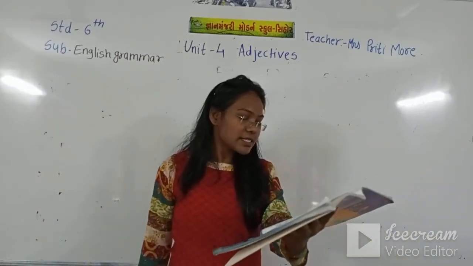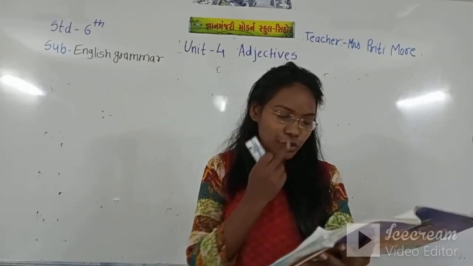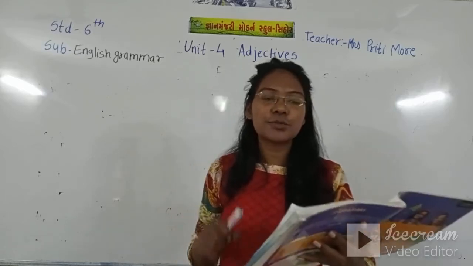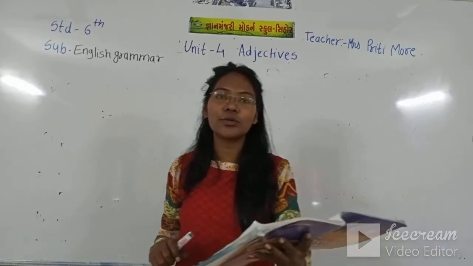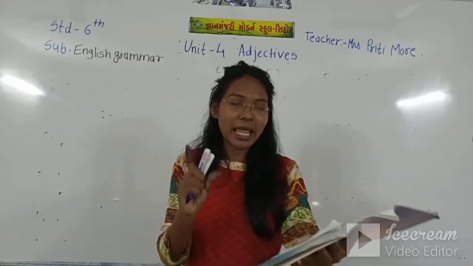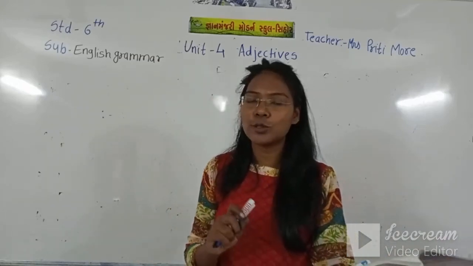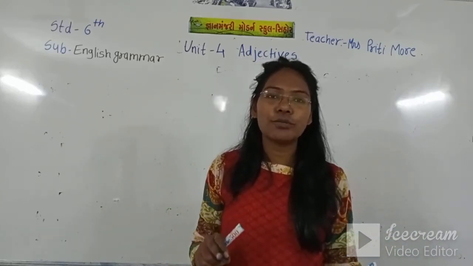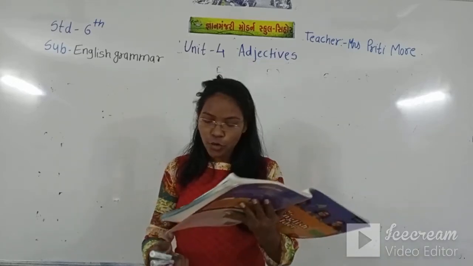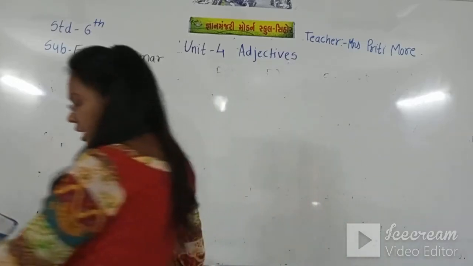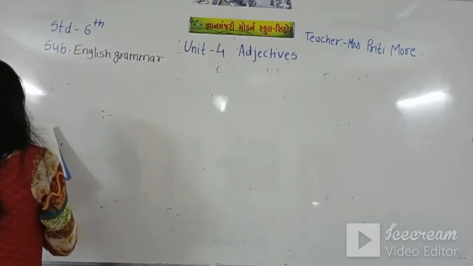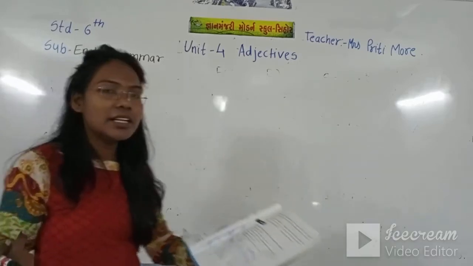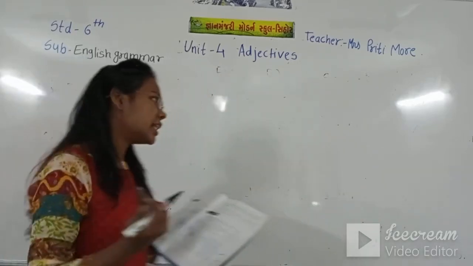Now what is the instruction in the practice? Here is a small story. Choose the correct describing word to fill in the blanks and complete the story. One small story is there and you have to complete it. Some blank spaces are there and two options are also there. You just have to choose the correct option to complete the story. So the first is, it was very cold or hot, two options, summer afternoon.